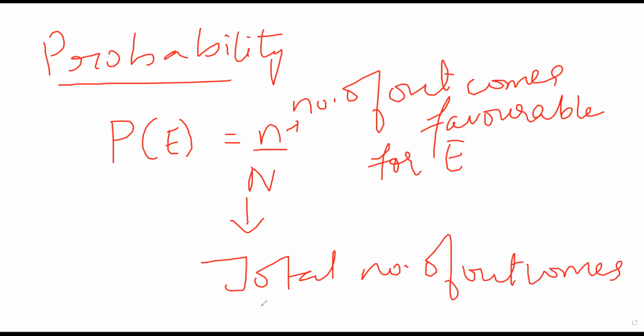Let us use an example. Let us suppose I have a coin, a 2 rupees coin, and I am trying to find out the probability of getting heads. I toss that coin, I flick the coin. In several sporting events, before they start a match, they will do a coin toss, and with that coin toss, who will be the starting side and who will be the chasing side is decided. So let us suppose I am trying to find out the probability of getting heads.